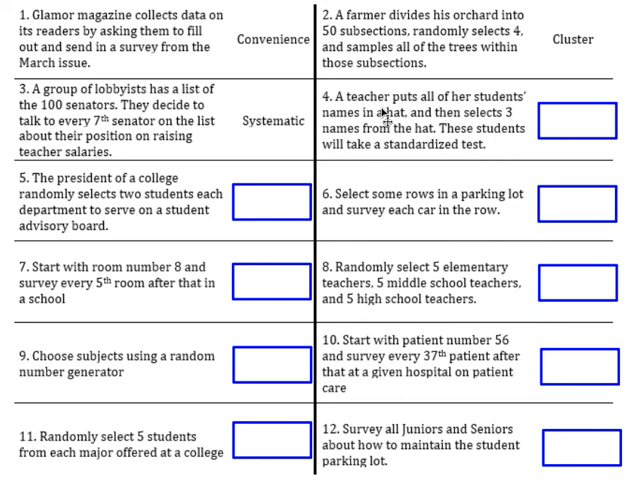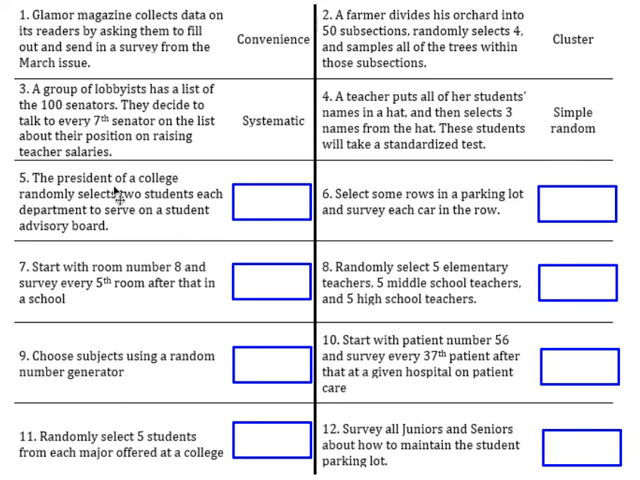Number 4, a teacher puts all of her students' names in a hat. Ooh, I see names in a hat. That should automatically tell me simple random, but let's just keep reading to make sure. She's then going to select 3 names from the hat, these students will take a standardized test. Well, it'd be pretty unfortunate for the 3 who get picked, but she put names in a hat, simple random,